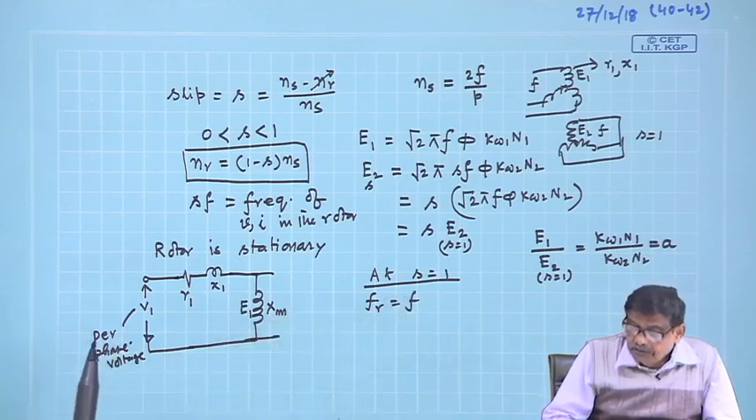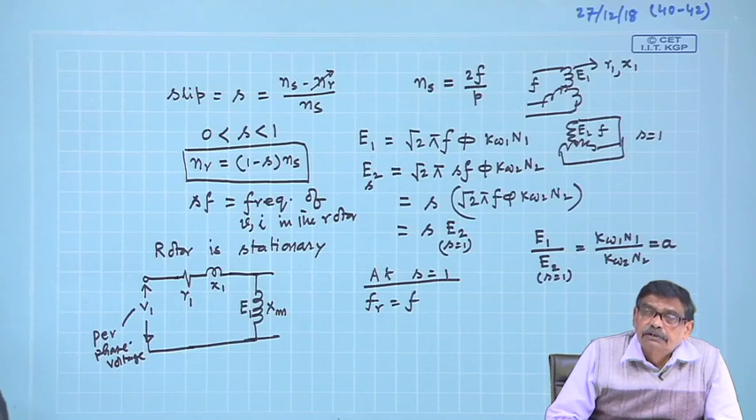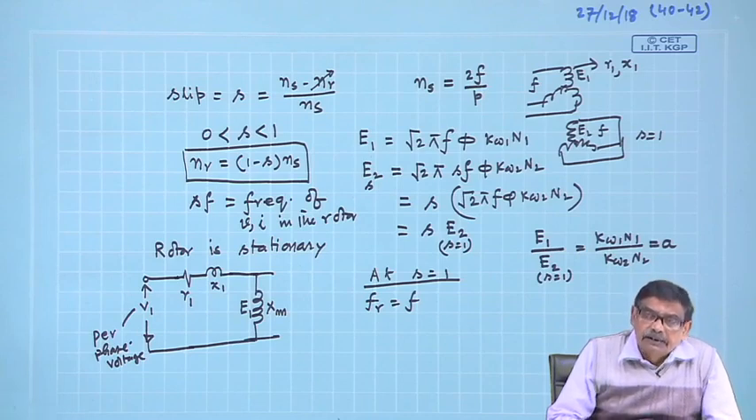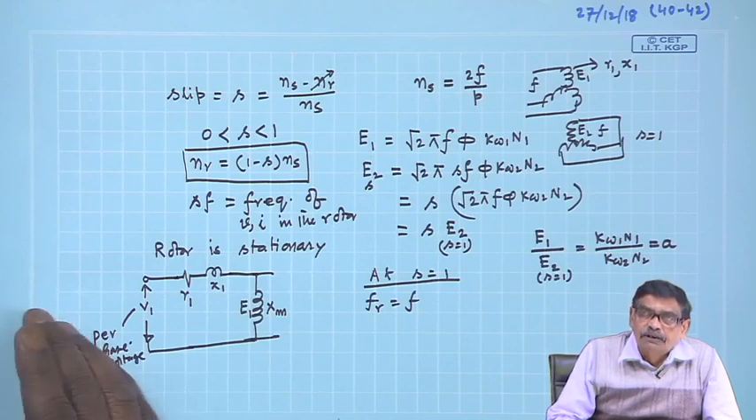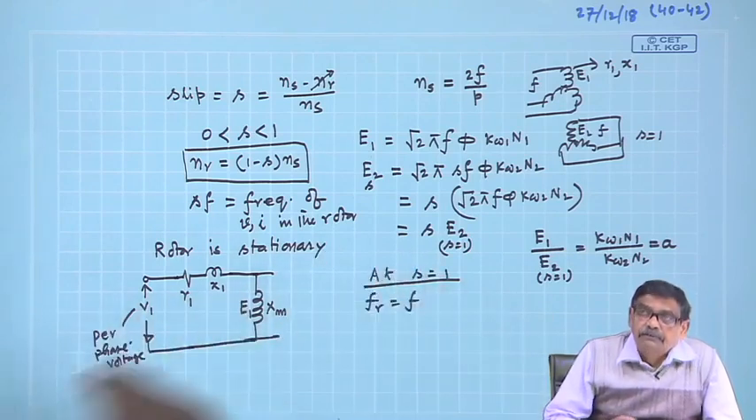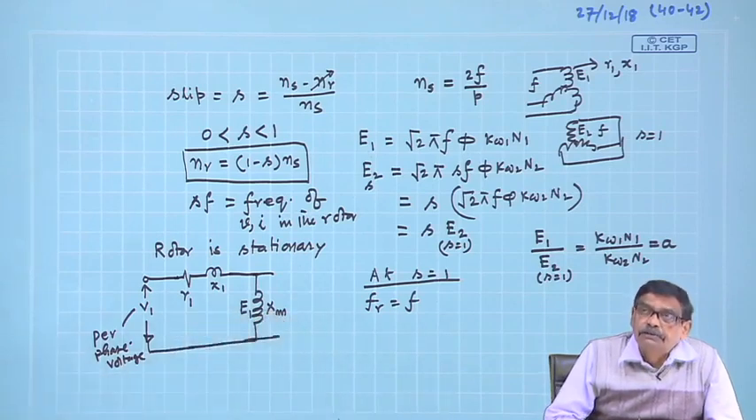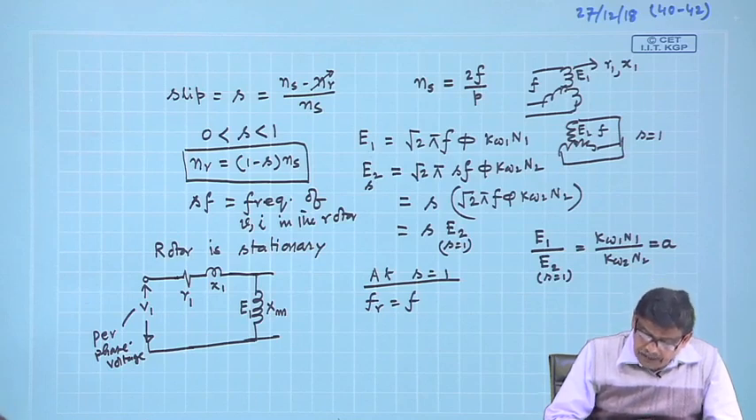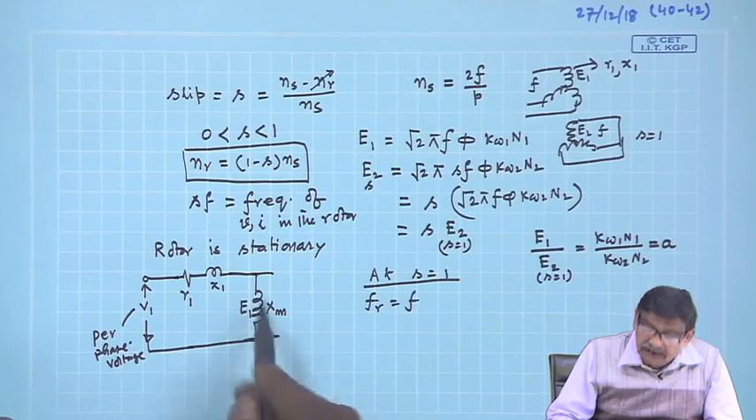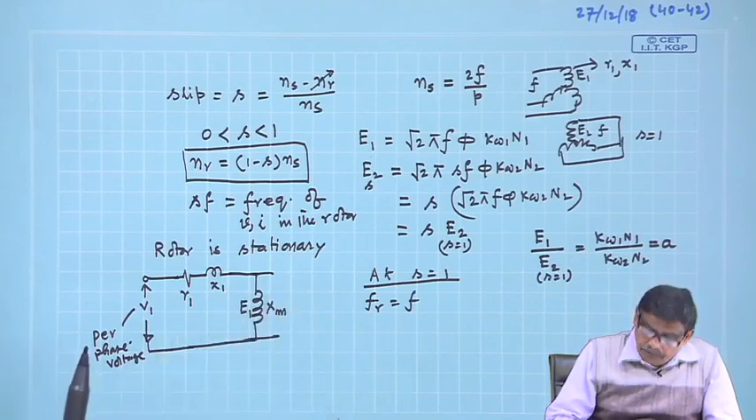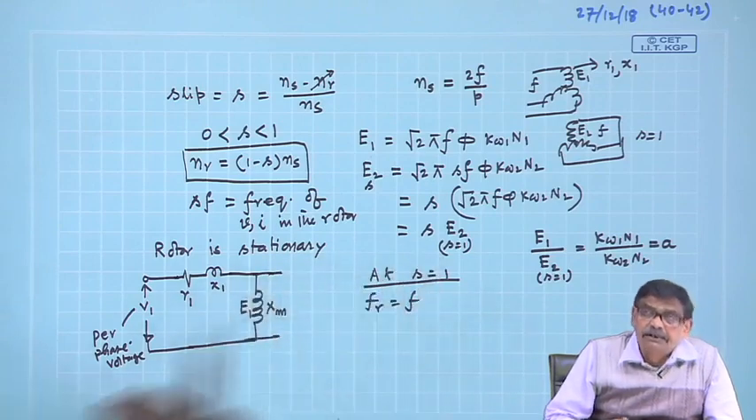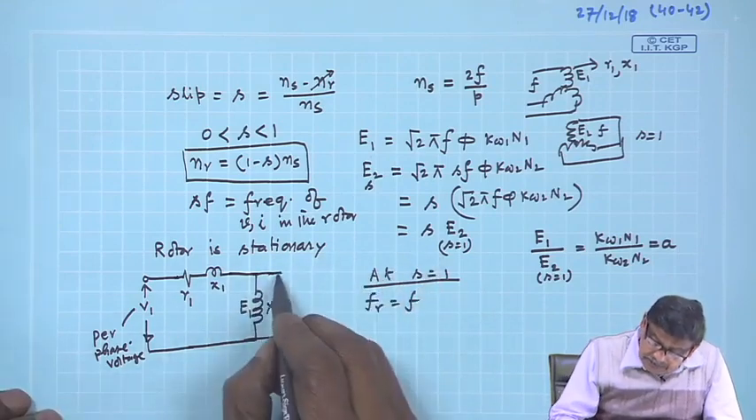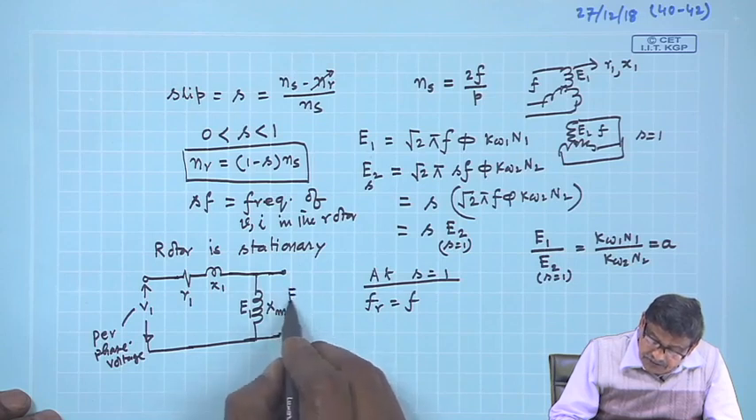In fact, compared to a transformer, the magnetizing reactance of an induction motor is much higher, because there exists an air gap, and to establish the same amount of flux in a transformer or in an induction motor, the current needed, that is the magnetizing current, will be much higher. Therefore, Xm is much higher. So, to establish a given flux, and then here is your E1, here is your E1,